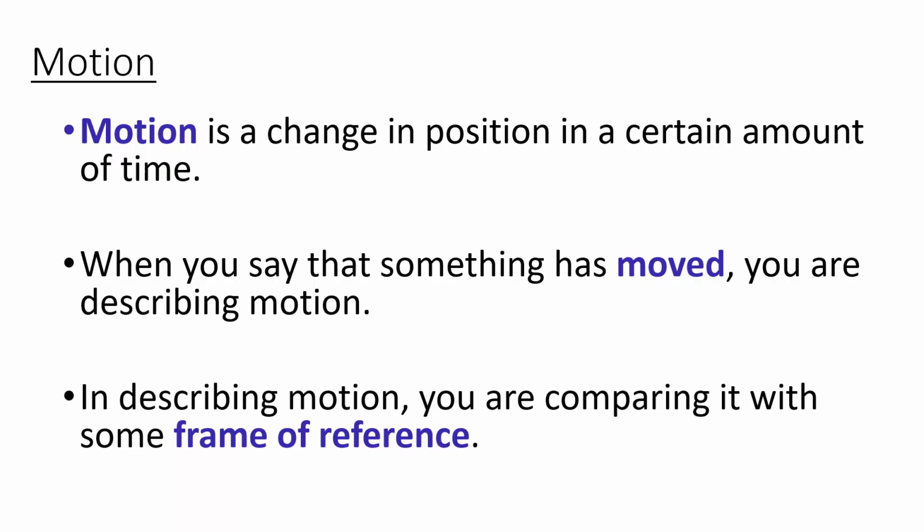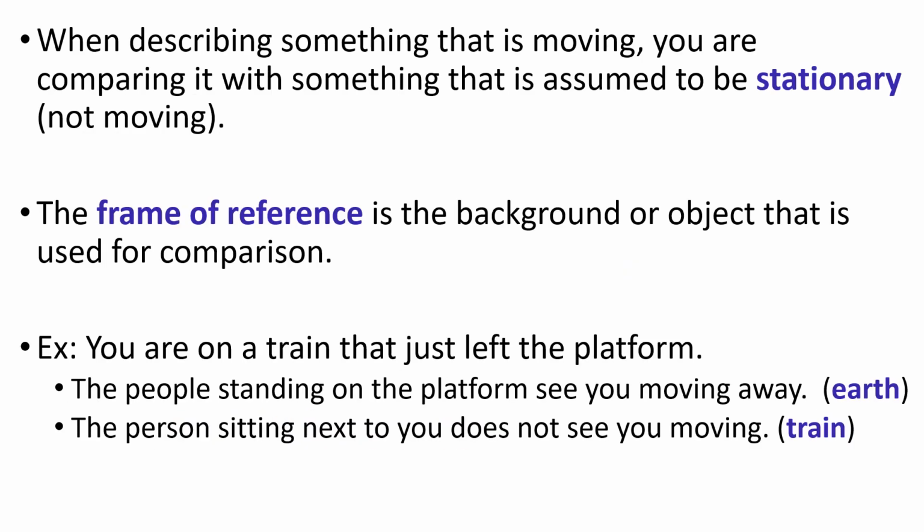Motion class is a change in position in a certain amount of time. When you say that something has moved, you are describing motion. So in describing motion class, you are comparing it with some frame of reference or reference point. When describing something that is moving, you are comparing it with something that is assumed to be stationary or not moving. And the frame of reference is the background or object that is used for comparison in determining the motion